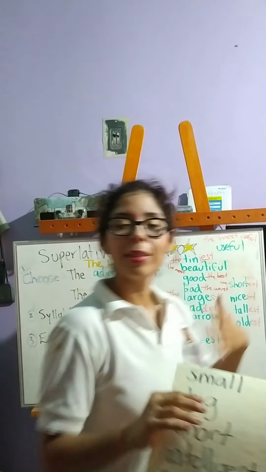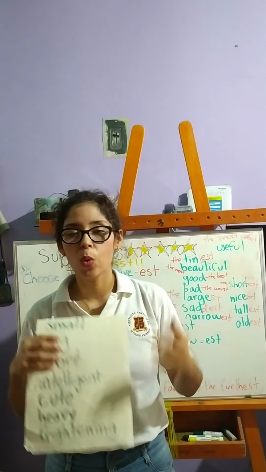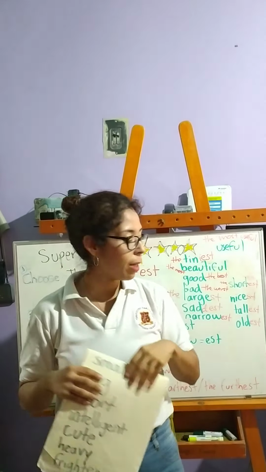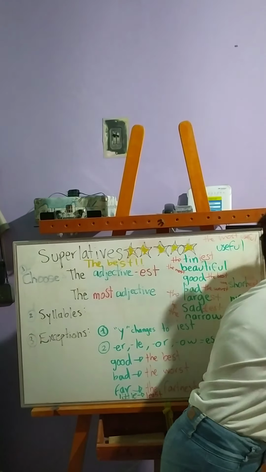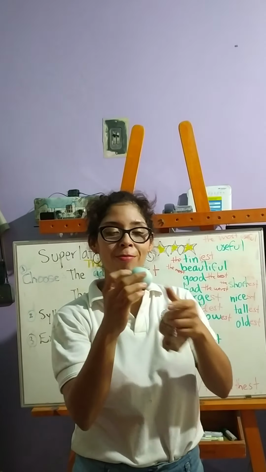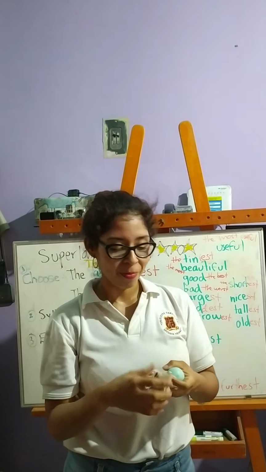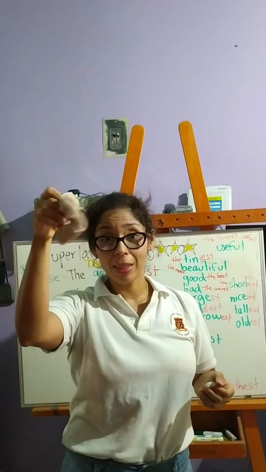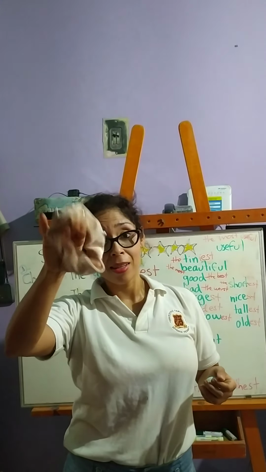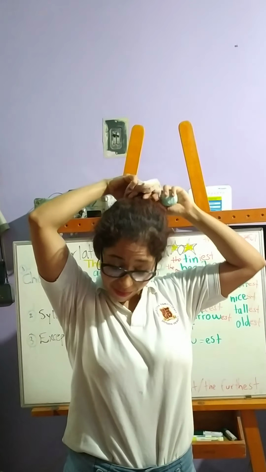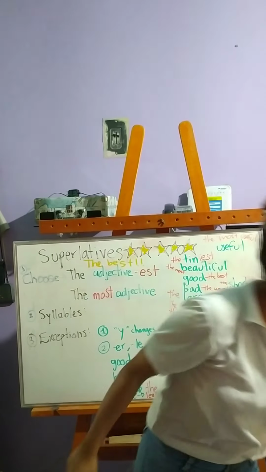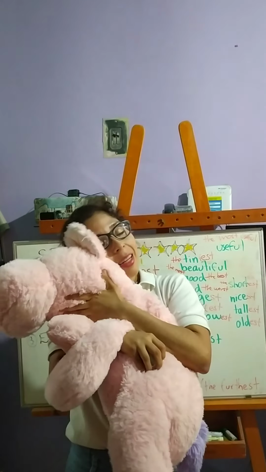And you can describe anything that you have or anything that you see. For example, the most beautiful color is aqua color, or turquoise is my favorite color. The most useful object that I have is a scrunchie. I love scrunchies. The softest animal that I have